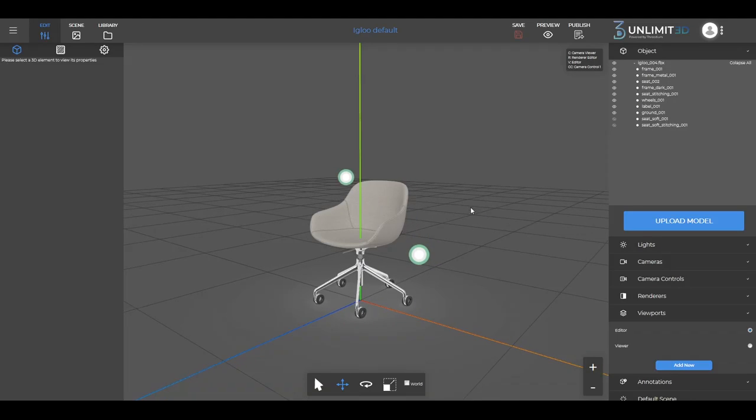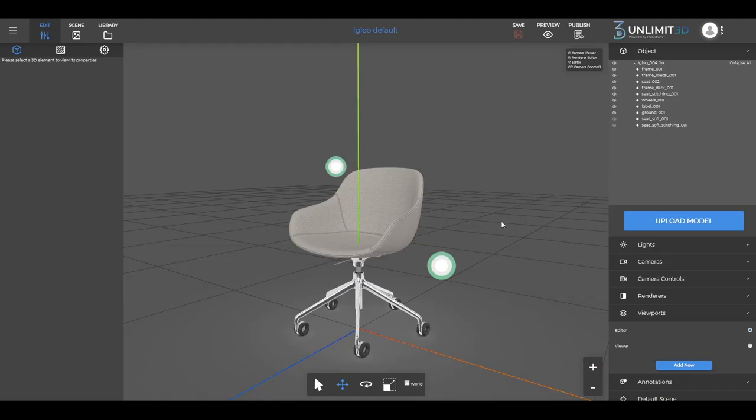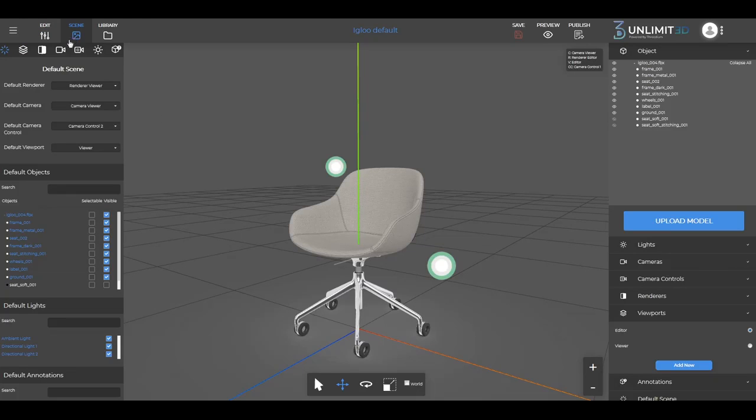In this video, we'll cover the setting up of the default scene. On the dashboard, in the Scene menu, you'll find the Default Scene tab, where we can set up all options that define the default scene. This menu is all about defining the options that will be active on the start scene, during the initial load of your model. Here, we indicate which camera, camera control, renderer, and viewport we want to see when loading the